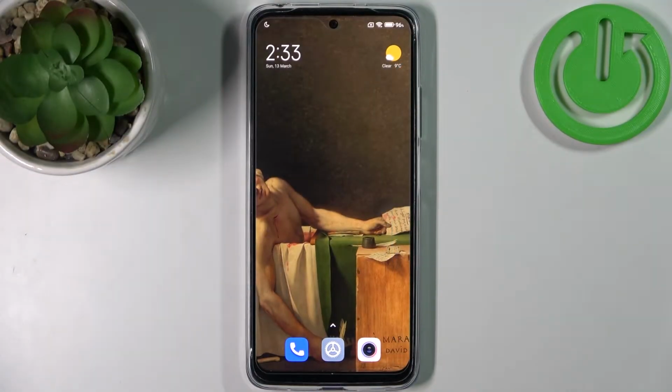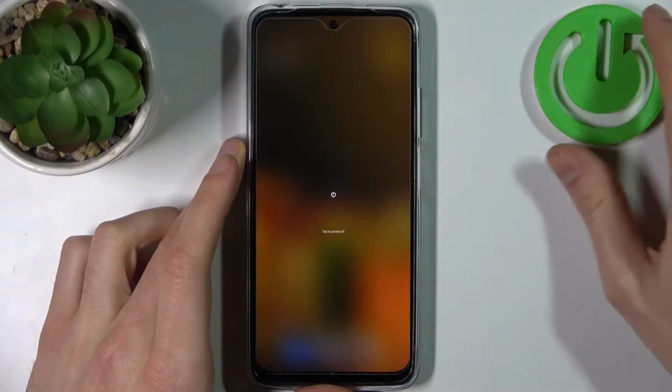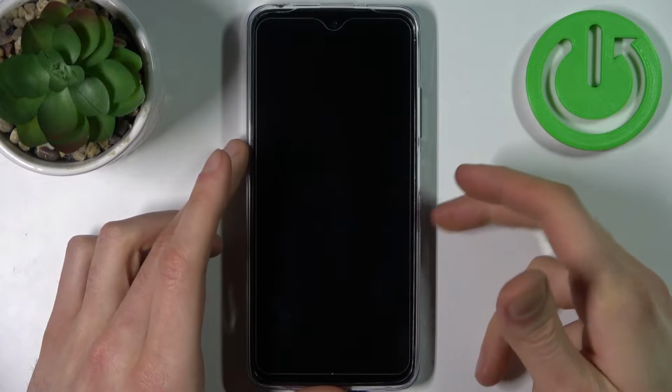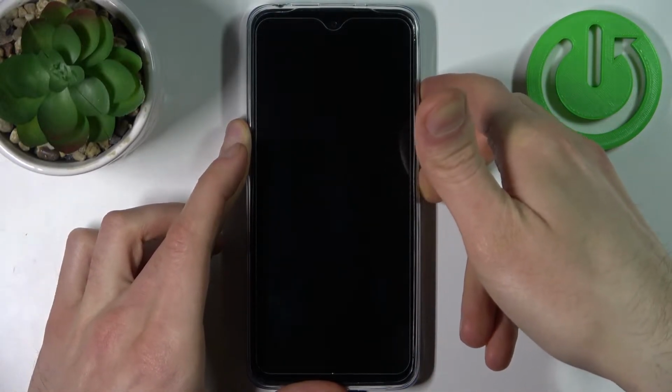Here I have Xiaomi Redmi Note 11, and today I'm going to show you how to enter recovery mode on this device. So firstly you have to turn your device off, and after it turns off completely you have to hold down a combination of keys, power key plus volume up, at the same time for a couple of seconds